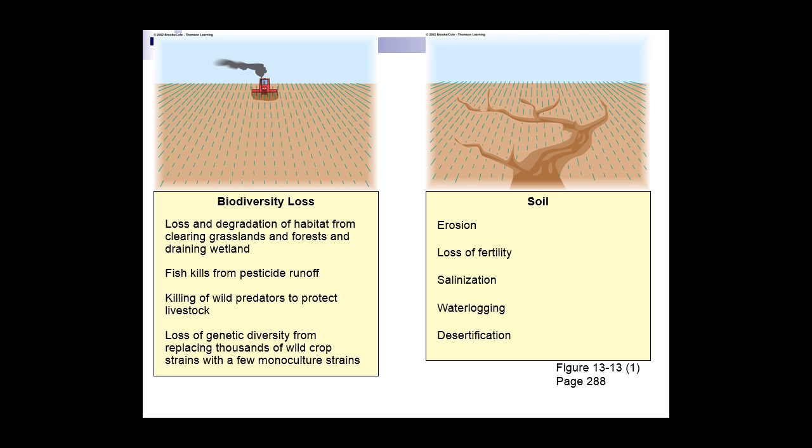Because what if a disease were to come in? All right. If a disease comes in, it's going to wipe out all your wheat, and there's nothing you can do about it because you have no genetic diversity, no resistance. Big problem there. Obviously, you're going to drive animals out and all that sort of stuff.